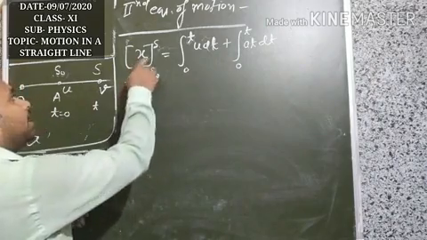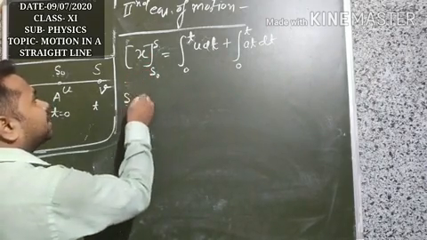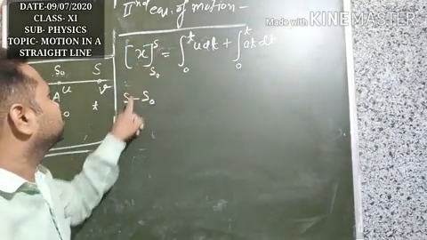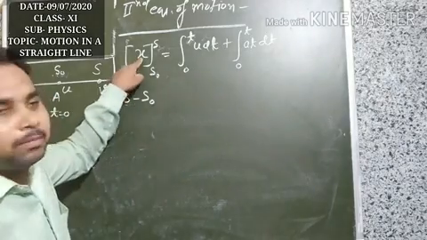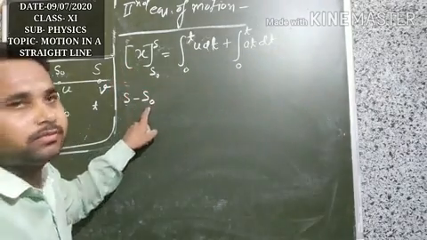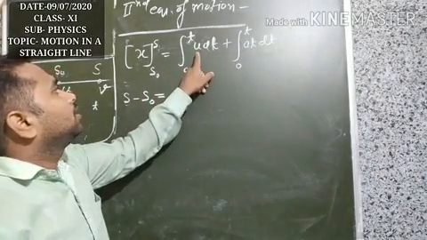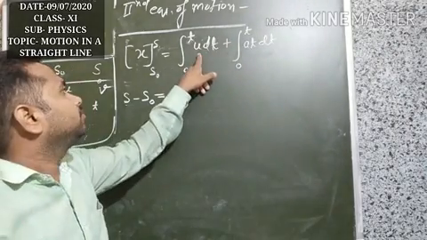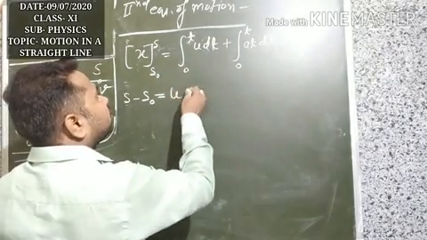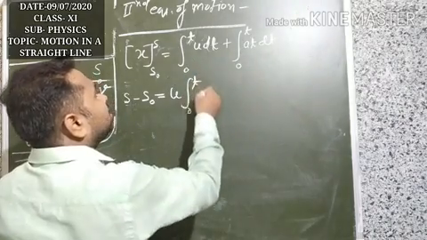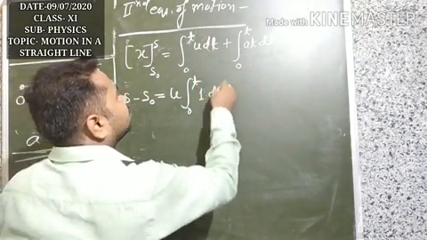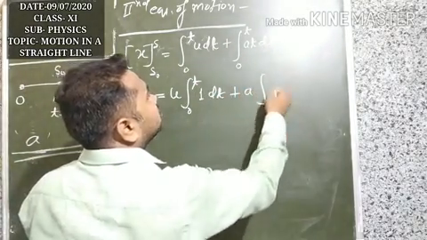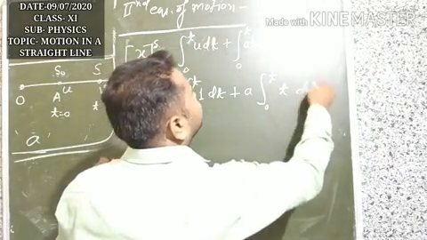So applying the limits on the left side, this is s minus s0. How? First x is replaced by s, so it is s, minus x is replaced by s0, this is s0, equals to, here this is dt. u is the constant, so it is outside of the integration 0 to t. Again you can mark here 1 dt plus a is again constant here, a integration of 0 to t t dt,